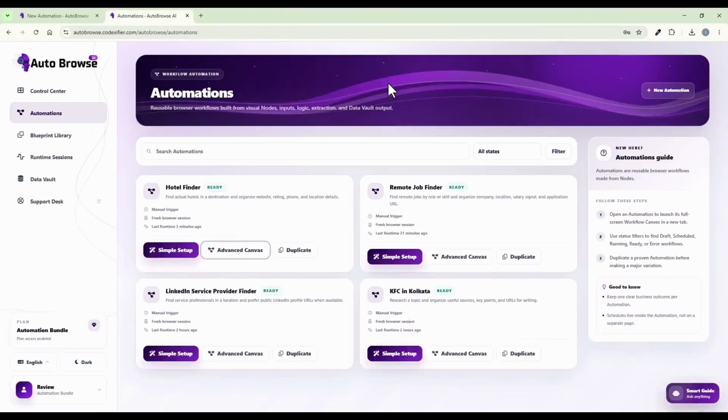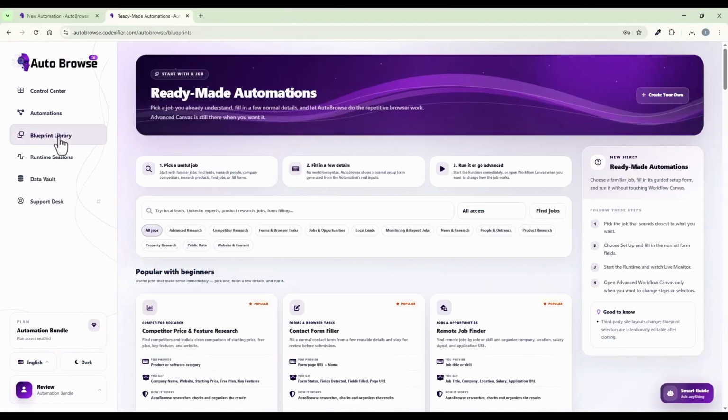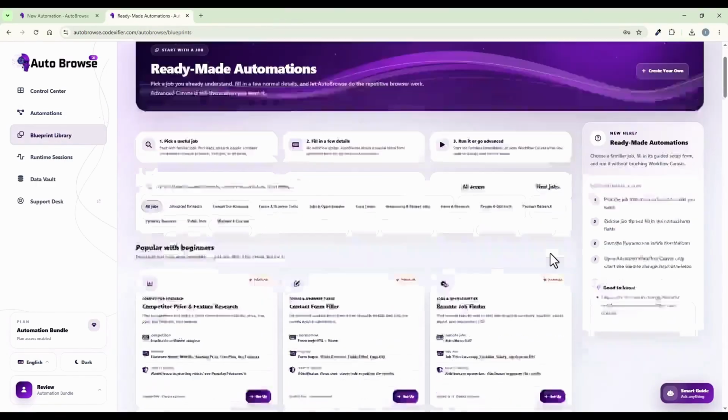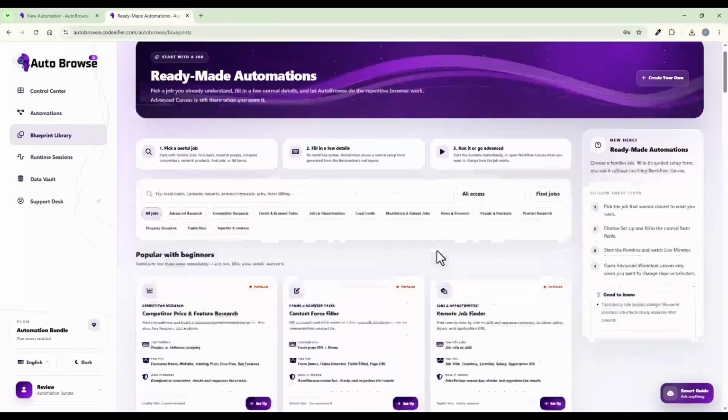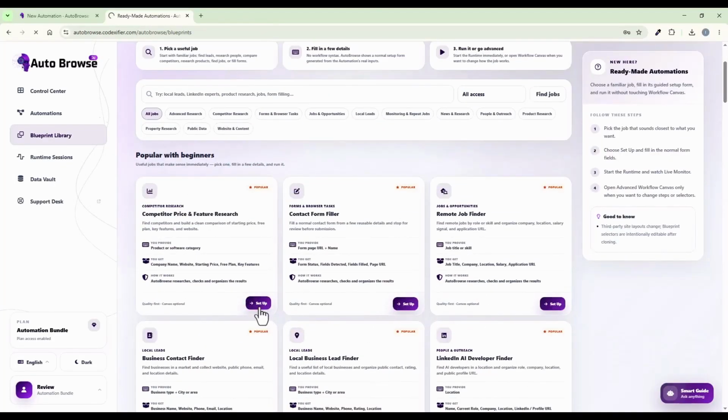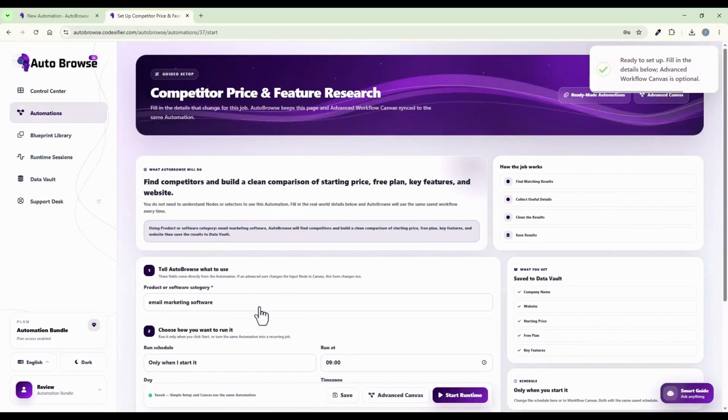Next is the Blueprint Library. Here you'll find ready-to-go templates for research, lead generation, form filling, job finding, product research, and more. For example, I'll choose competitor price and feature research, click Setup, enter email marketing software as the category, and start